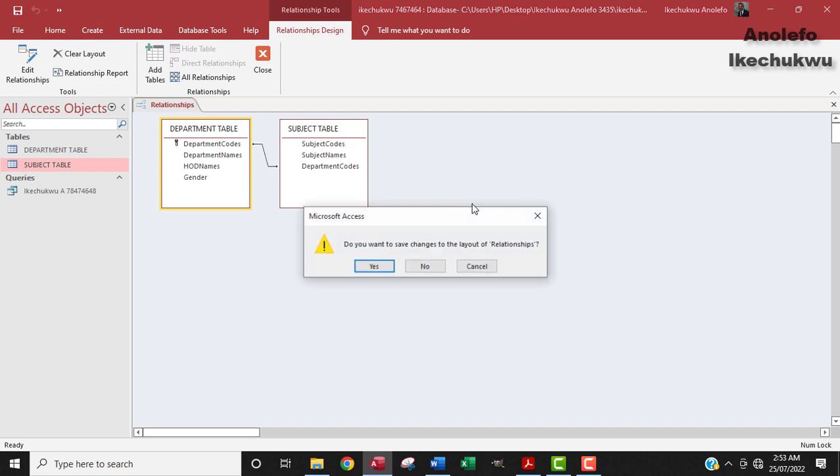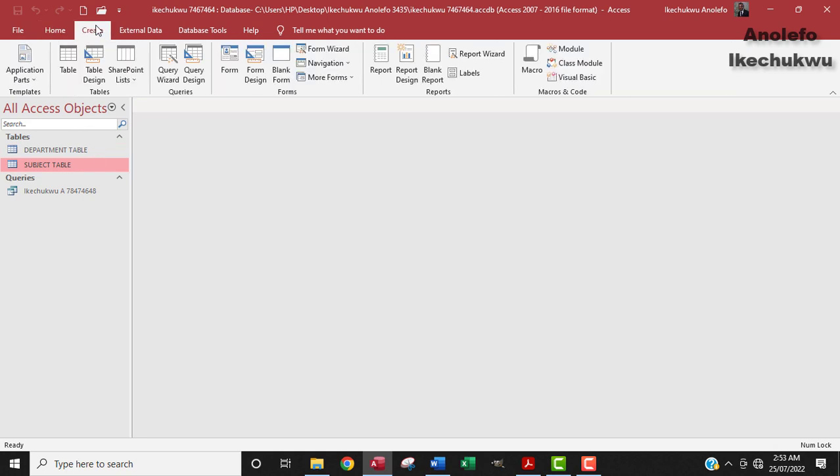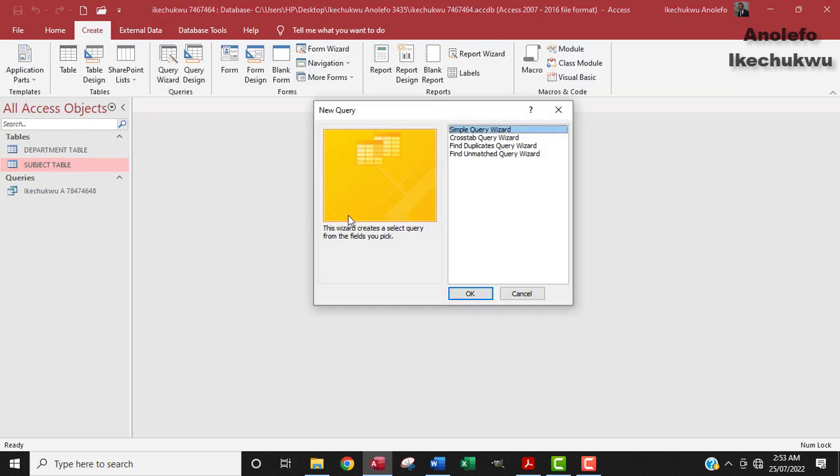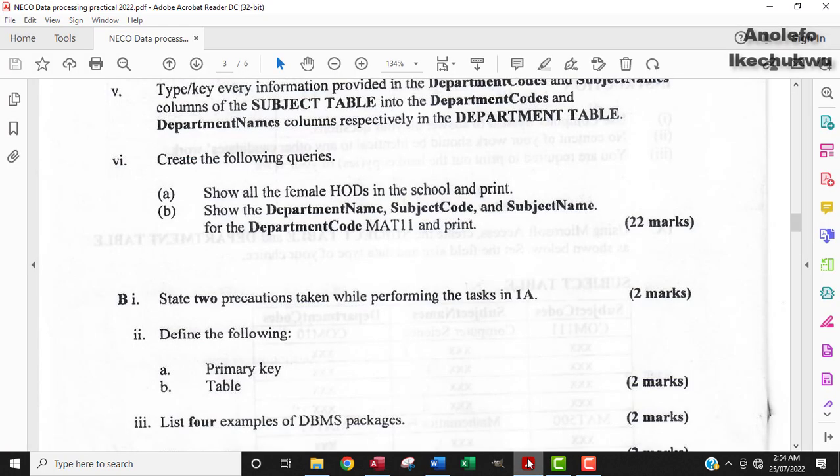It will make it easy for me to use the two fields. All right, so I'm going to save. Do you want to save changes to layout? Yes, I'm going to save the changes. Okay, so now I'm going to go and create a query. I'm going to use the query wizard now, simple query. So what are the fields? The fields are